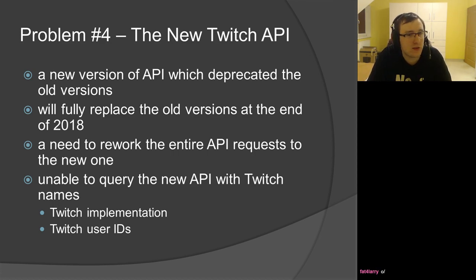So it's going to work on the new API, which I did. And there was obviously a new problem. Since I cannot query it with names, I have to do it by Twitch IDs now. And that was the sole reason why I needed to update Planbot to 2.1 pretty early after the initial release,